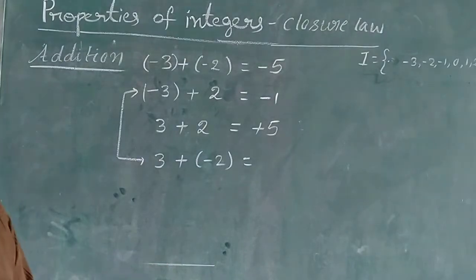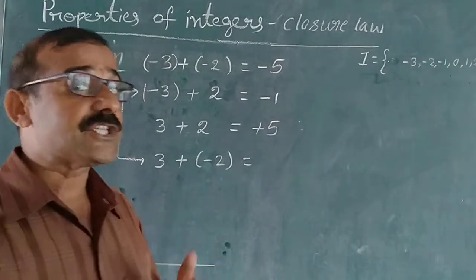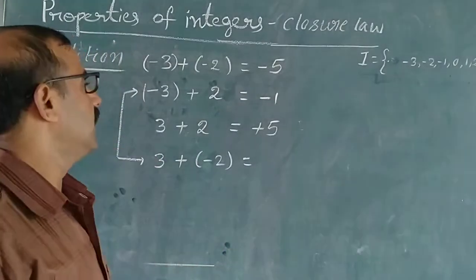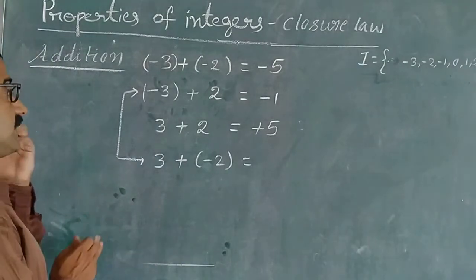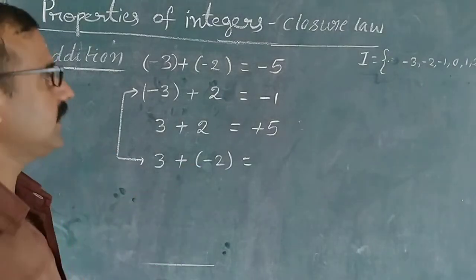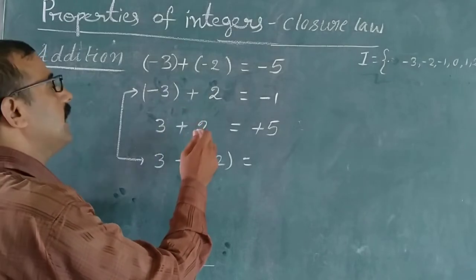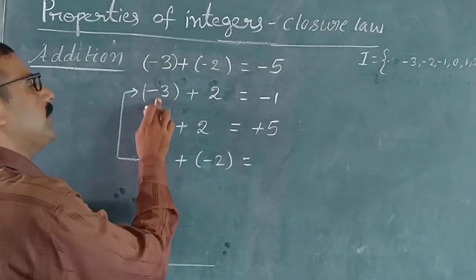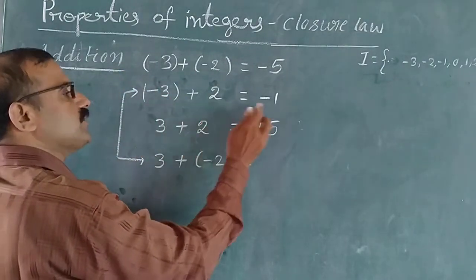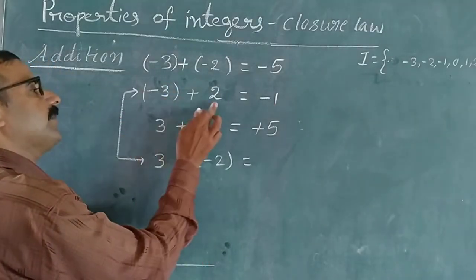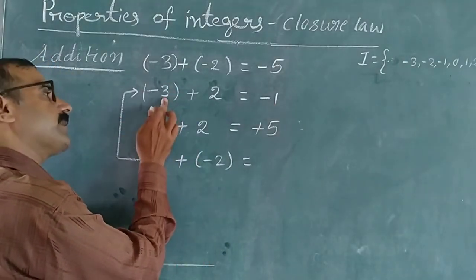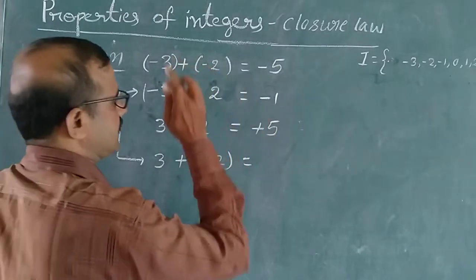So for addition of positive and negative integers, that is, addition of opposite signs, what do you have to do? You have to subtract the smaller number from the bigger number, and keep the bigger number's sign. Here, minus 3 plus 2: subtract 3 minus 2, how much? 1. Here the bigger number, out of 2 and 3, is 3. What is the sign? Minus, so minus 1.